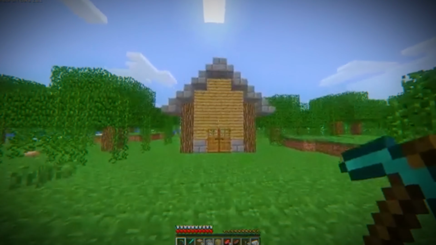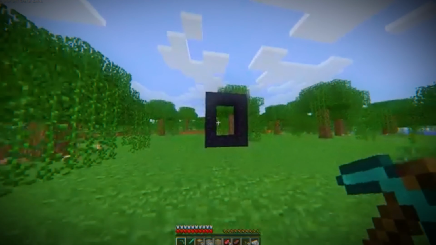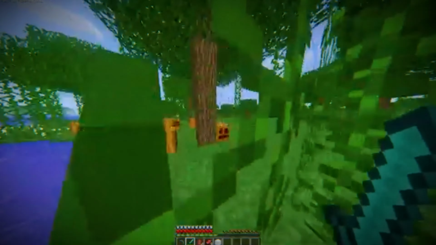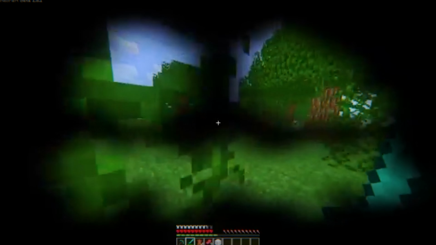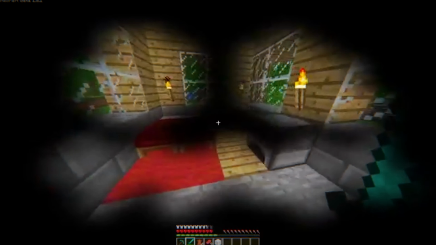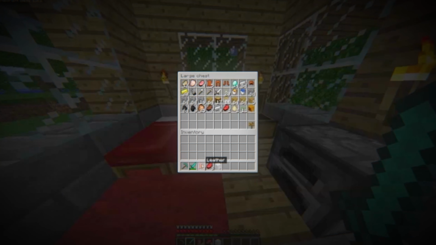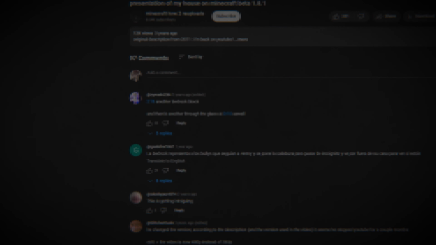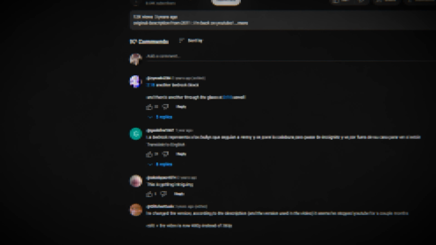In the recording, he showcases his house and a non-lit up portal. He then goes around his house and explores a bit and ends up picking and wearing a pumpkin hat. He then comes back to his home to store the pumpkin hat and other resources he collected, and the video ends. But there was something strange that people noticed in the comment section.